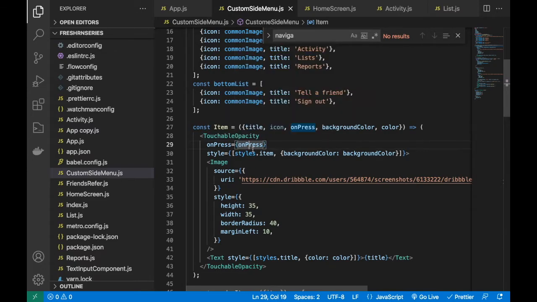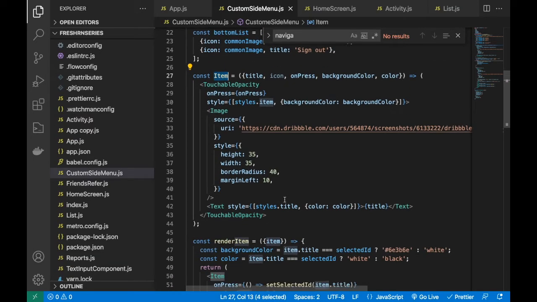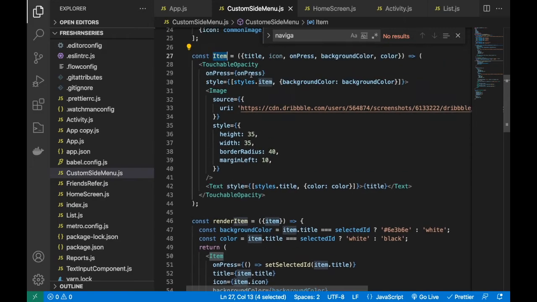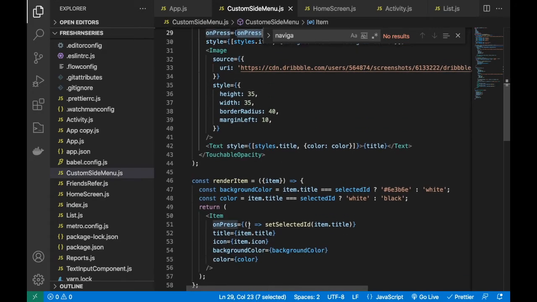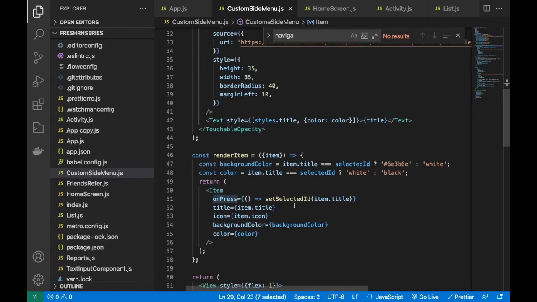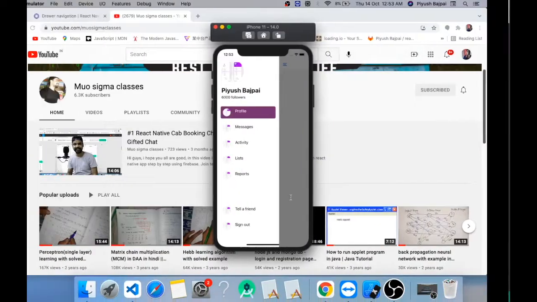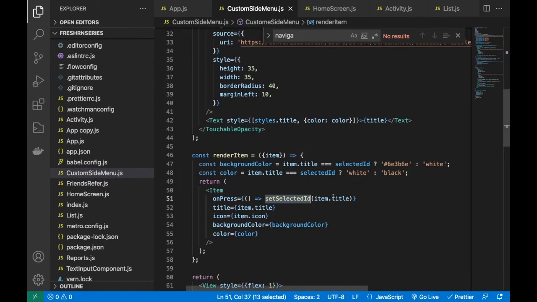So what I'm doing here at line number 29 is onPress, which is basically the callback function from the child component to the parent component. This is the item component, and this onPress callback will trigger here. This onPress is setting my selected item ID.